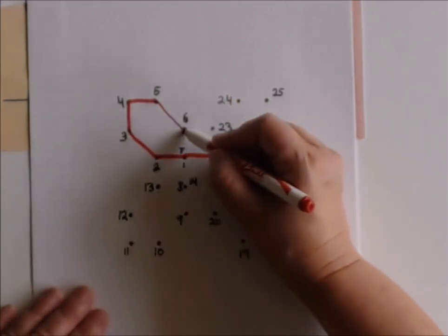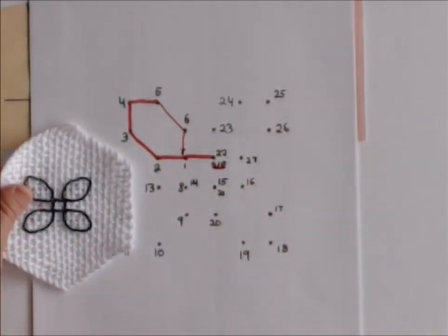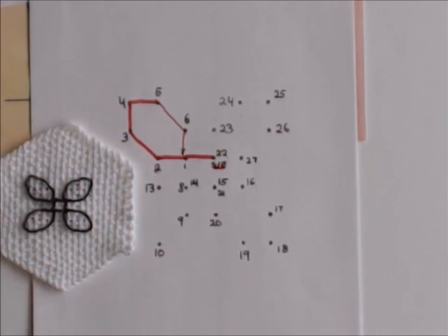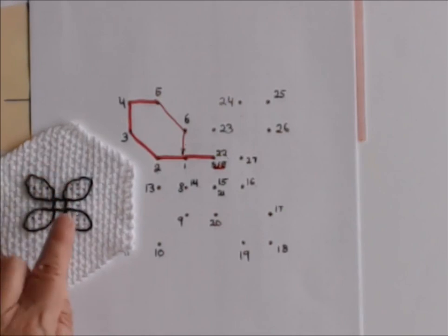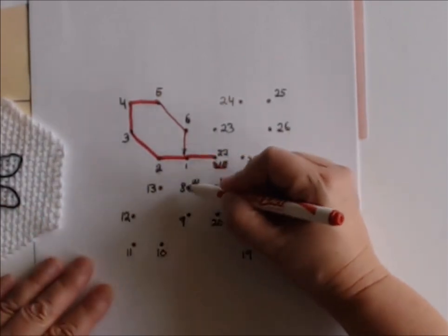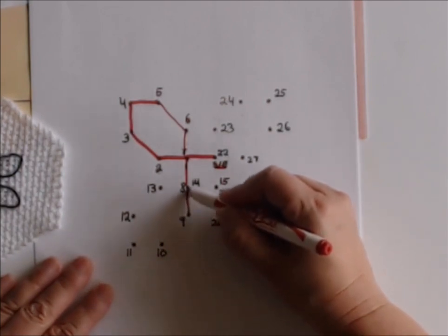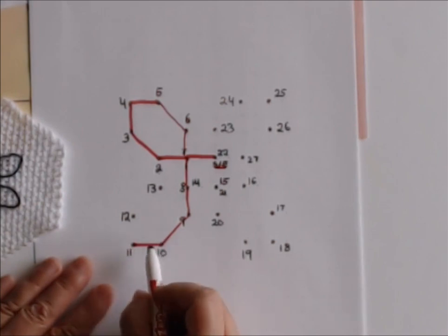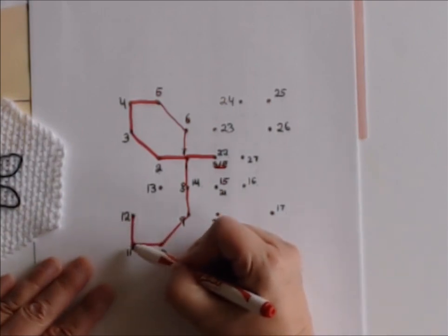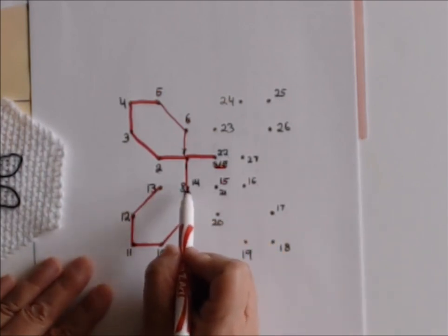All right, 6 to 7, and this completes the first part of our design right here. You can see it. All right, so this one is equaling, you start here and then you go around here. All right, from 7 to 8, or from 8 to 7, because we will make back stitches, 9 to 8, 10 to 9, 11 to 10, 12 to 11, 13 to 12, and here the 14 is shared with the 8,